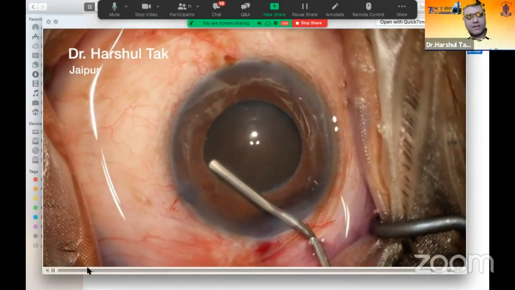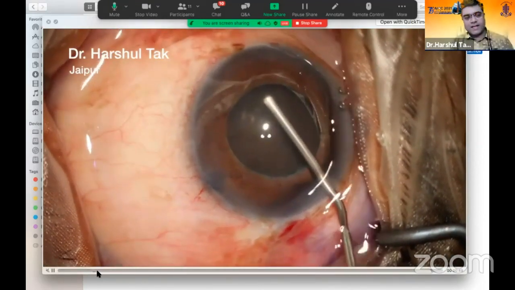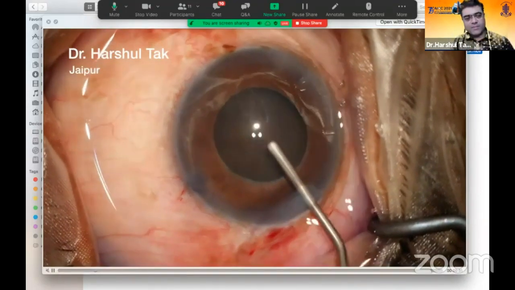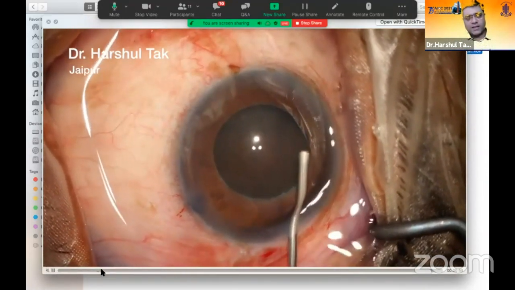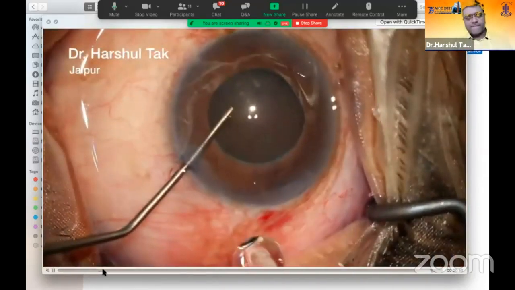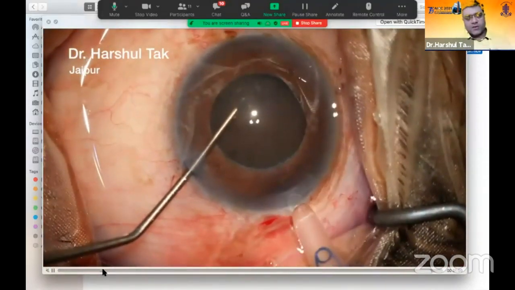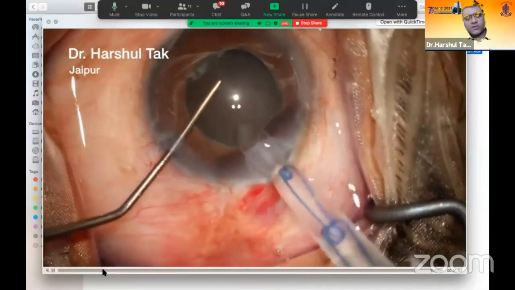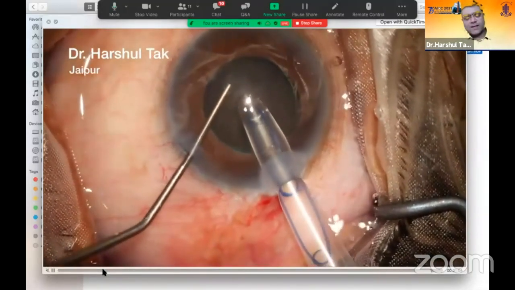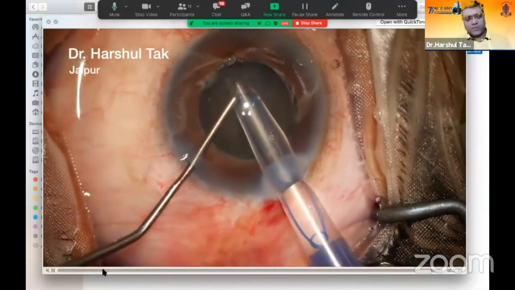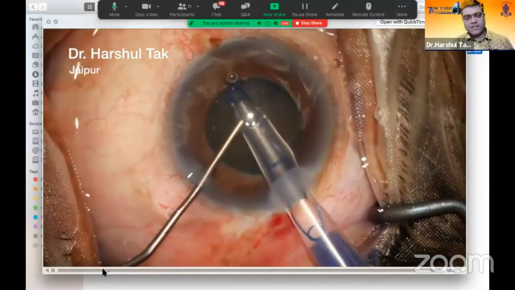And because this was a very hard cataract, you can make out it's a black cataract, so I put OVD, and I wanted to put a ring in the first place so that I don't struggle in between. So see, I go ahead and it goes through the 2mm incision, and see the Mulligan ring will open up like it opens up from the original cartridge.